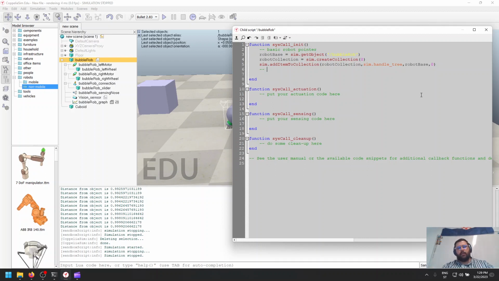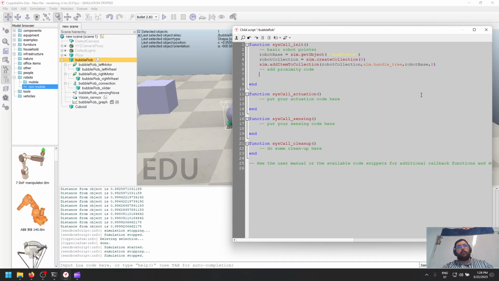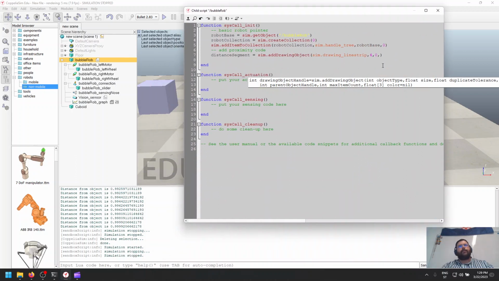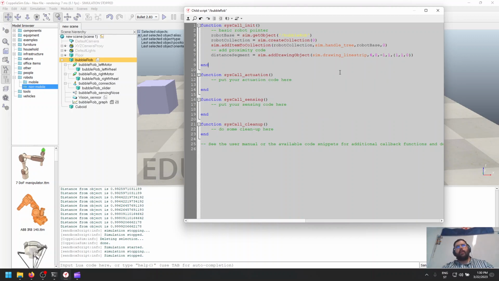Then we're going to add proximity sensor code, and in the syscall unit there's not a lot of code to add here. You just go distance segment simulation.add drawing object. This is going to be a single line that we are going to use as an indicator of when our proximity sensor detects something. So we're going to add the drawing line strip, and we're just naming the position and to which object it belongs and the color of the line. Okay, that's all that we need to add